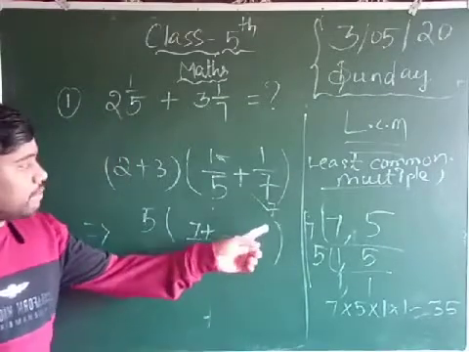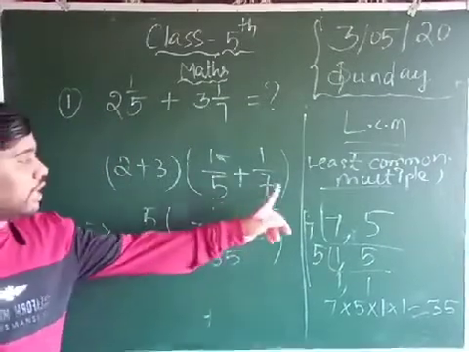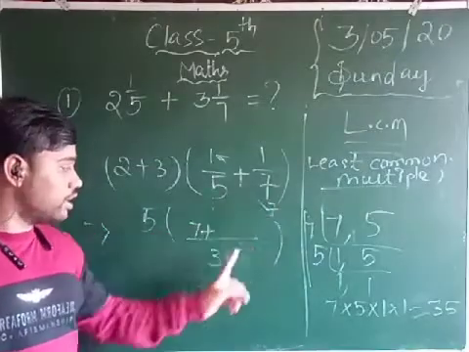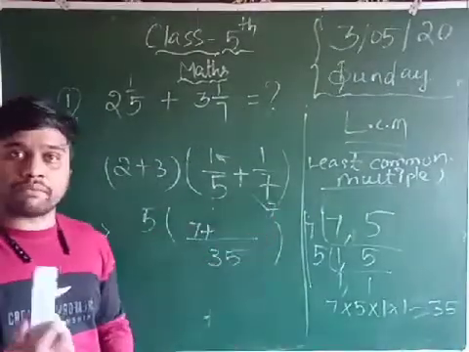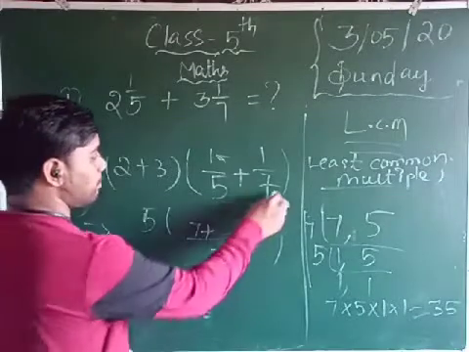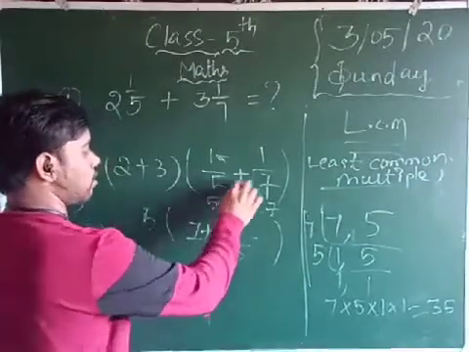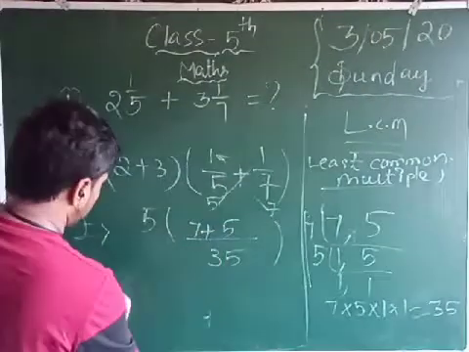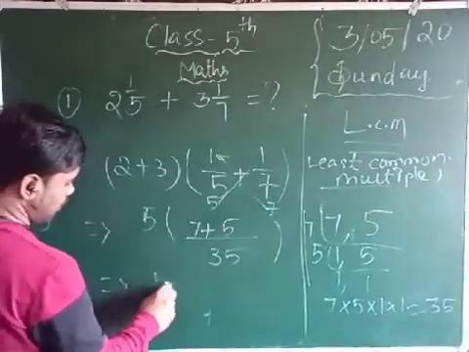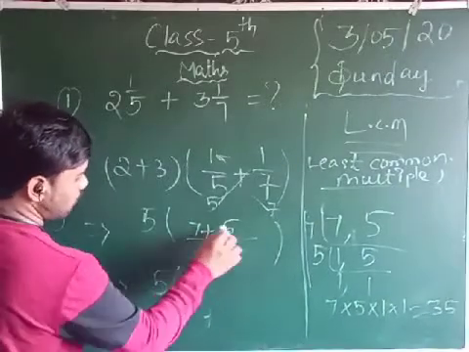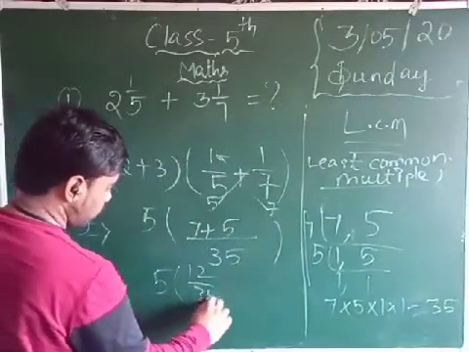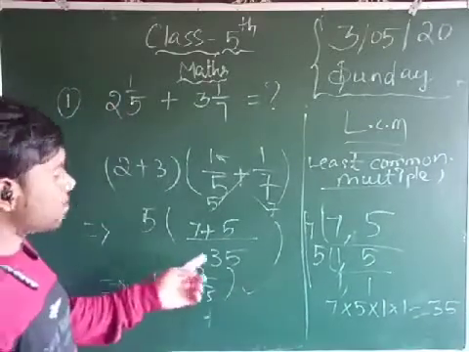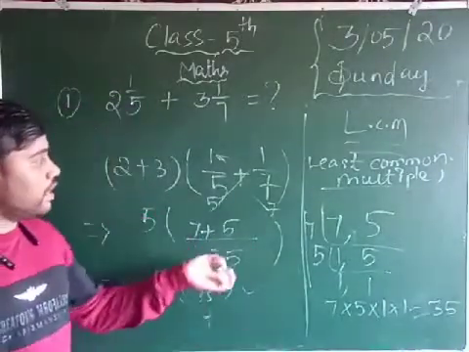Okay, that is over. Same way for this denominator. And another denominator is present. Now for this 7, do the same in the denominator: how much can 7 be multiplied to get 35? 7 fives are 35. Same way, cross multiplication: 5 ones are 5. Now guys, you can see, same way, you keep 5. Now in brackets, 7 plus 5, how much? Now this is the answer.